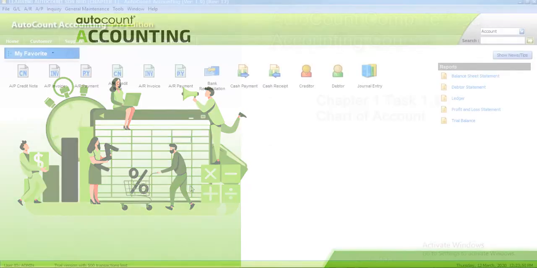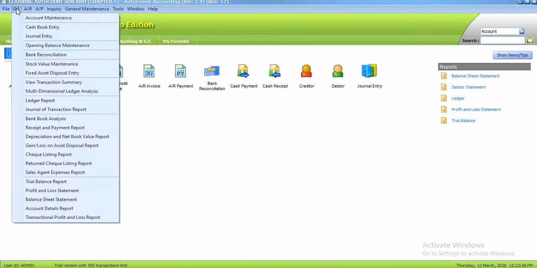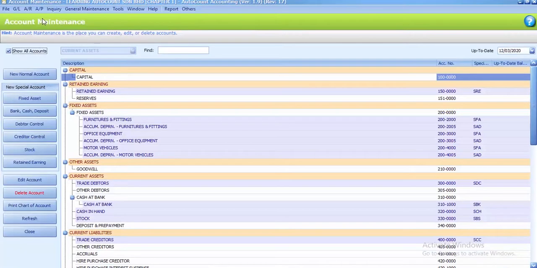Task 1.4, Chart of Account. To go to Chart of Account, first you have to click on GL, and after that click on the Account Maintenance. So this is the sample chart of account based on the one that you chose just now, which is trading company. Before we proceed with instruction A, I would like to explain certain things here in the